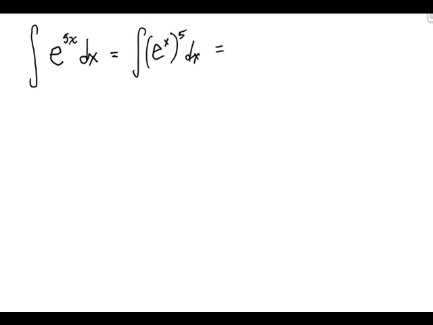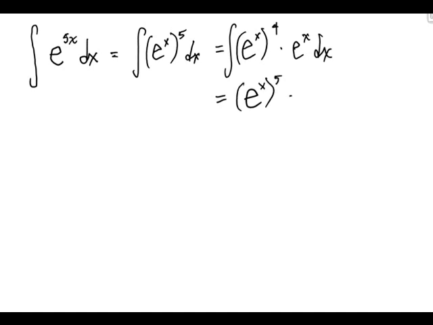Well, what you can do is take that e to the x power to the 5th and split it out into e to the x power to the 4th times e to the x power dx. Now can you see how to integrate it? It's just a straight up power rule problem. So that becomes e to the x to the 4th, and that's going to become e to the x to the 5th power, the power plus 1, plus c,